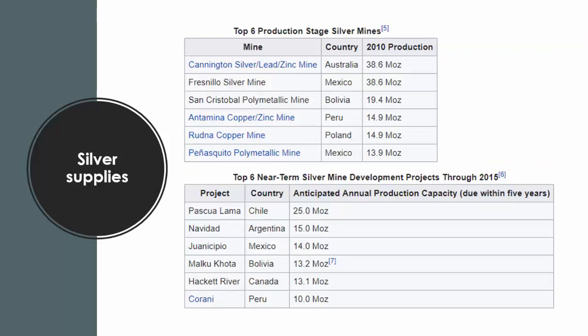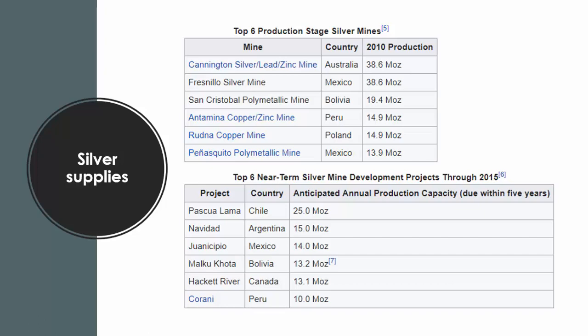Now, silver is a key supply in the context of the pre-scene company, of course. And here we're just going to have a quick look at some interesting aspects of the silver market in and of itself and how that could have a knock-on effect then on the jewellery market and the fashion jewellery market in particular. You can see here the top 6 production stage silver mines are based in Australia, Mexico, Bolivia, Peru,